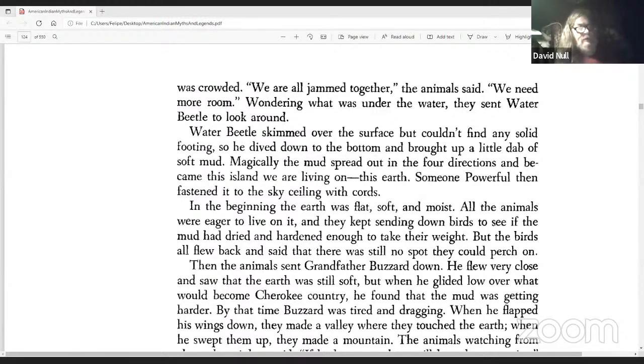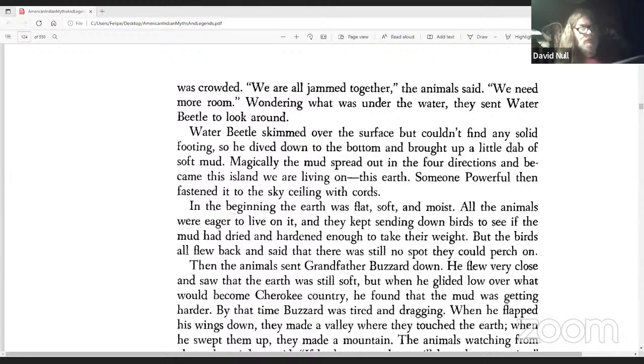Water Beetle skimmed over the surface, but he couldn't find any solid footing, so he dived down to the bottom and brought up a little dab of soft mud. Magically, the mud spread out in the 4 directions and became this island we were living on, this earth. Someone powerful then fastened it to the sky ceiling with cords.